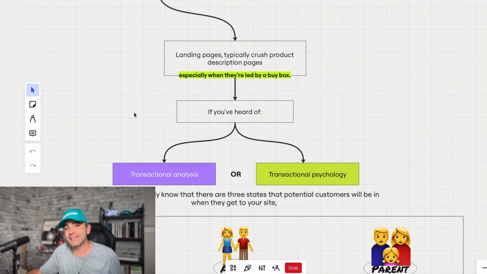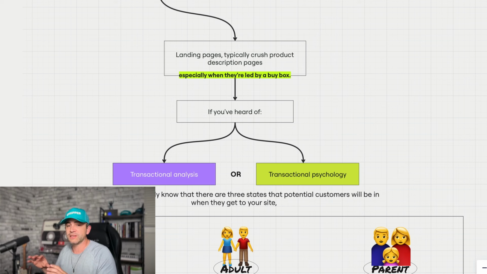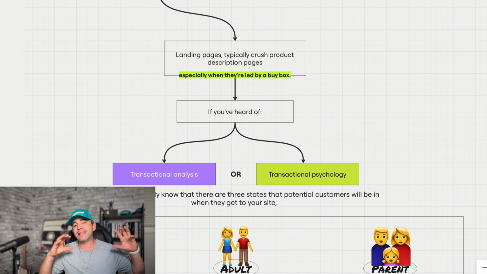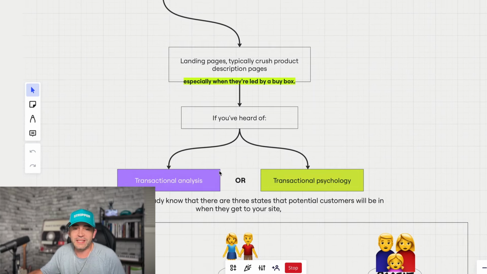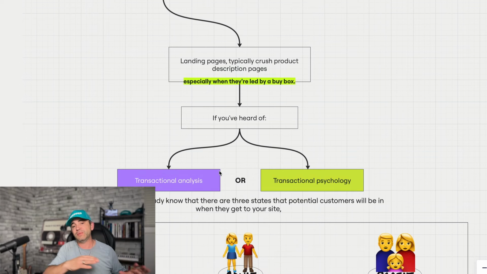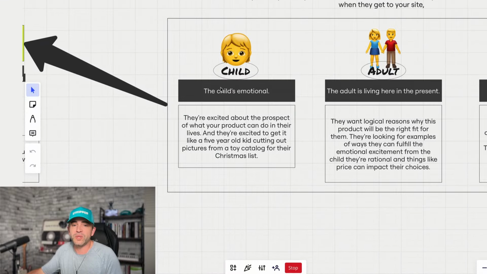The reason why I said that leading with a buy box is a problem is because with direct response advertising, if somebody is not solution aware yet, at this point, your goal is to keep them as emotional as possible. There is something called transactional analysis or transactional psychology, and it dictates the steps that people go through before they make a purchase. And it breaks down into three different